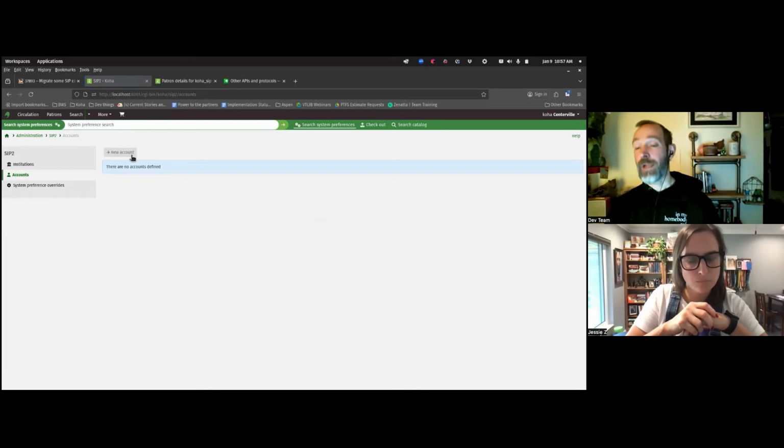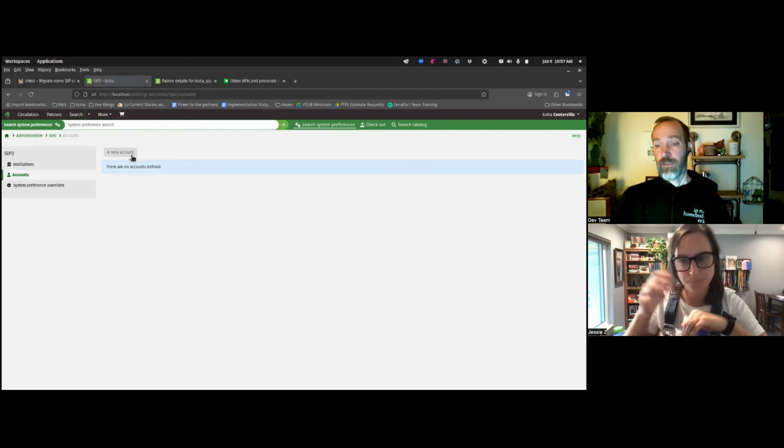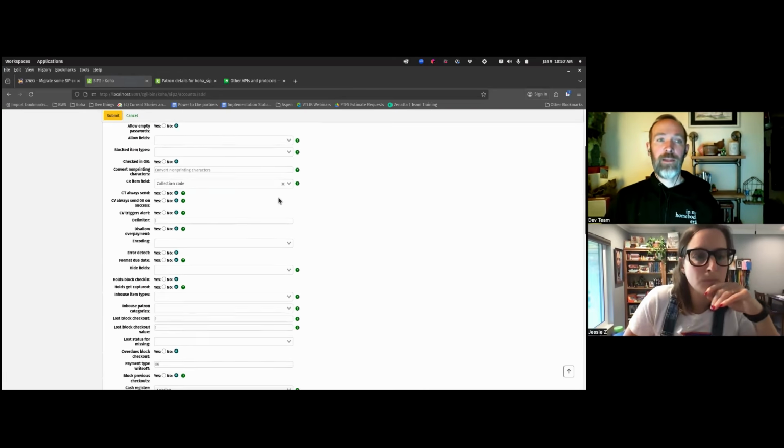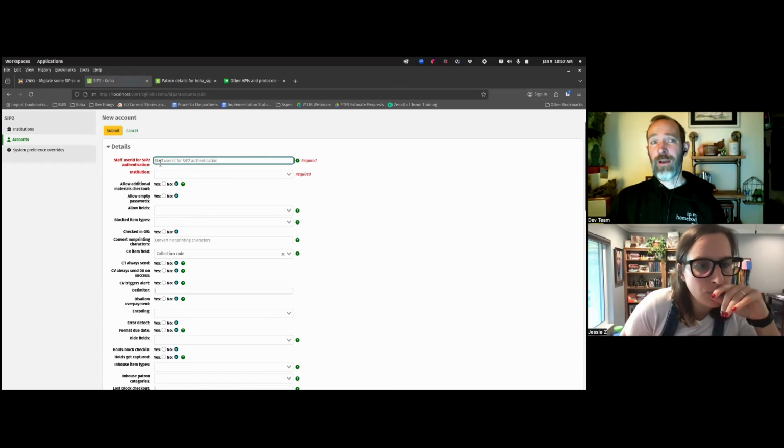Then we can go over to our accounts page. We can create a new account here, and these are really, the institution is for your library. The accounts are for each machine. Each machine or each vendor is probably going to have their own account, and sometimes a vendor will have an account for each library. So if we hit new account, the first thing you have to do is